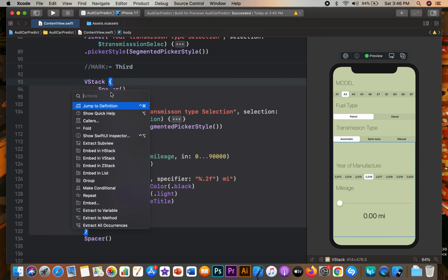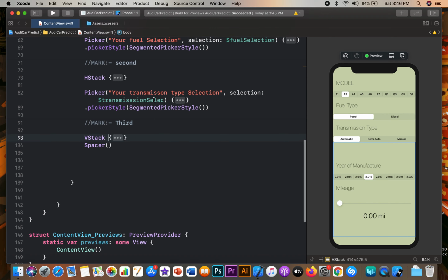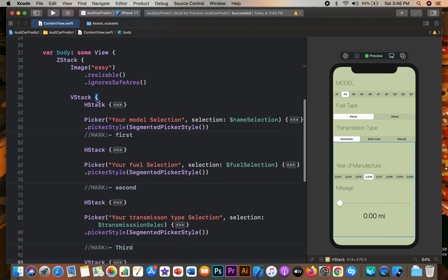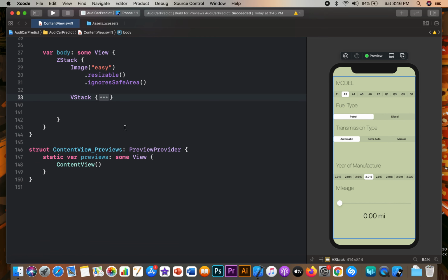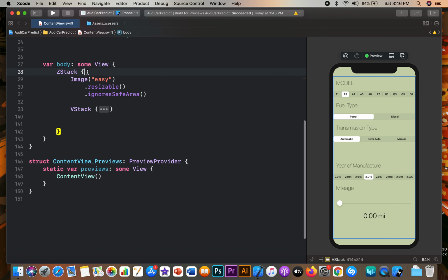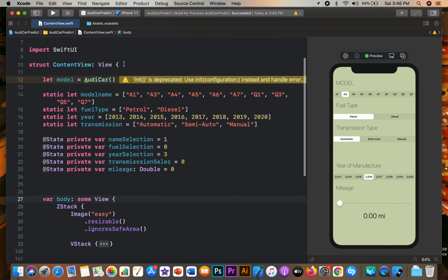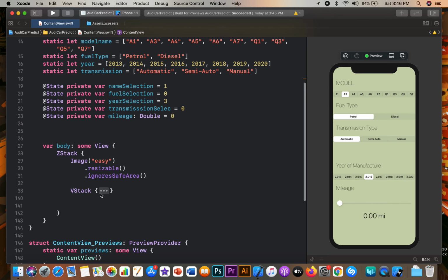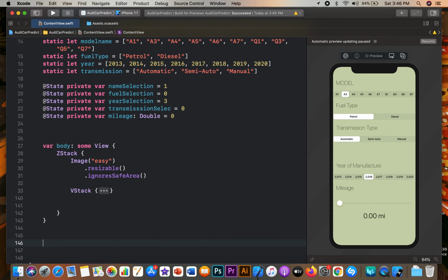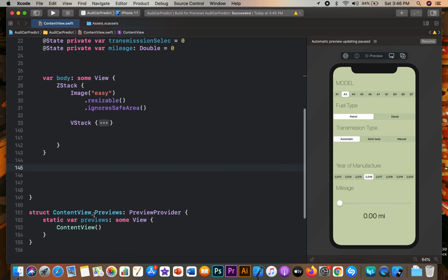Now that we have done the UI part for our application, here comes a really important part, which is creating the function that would actually contain the code for using our machine learning model, which in turn would provide the total output for our app, what it really does. It all depends on that function's output. So I'm just going to show you how easy it is to use those machine learning models.